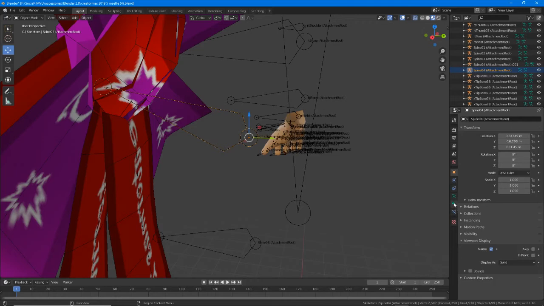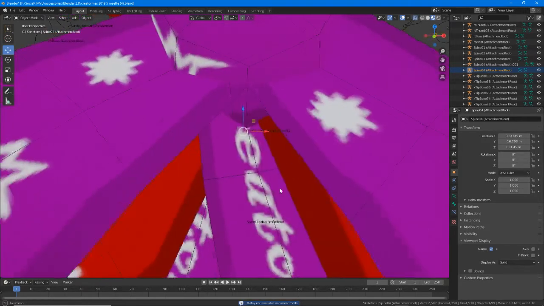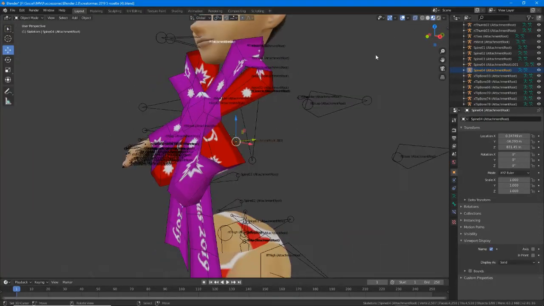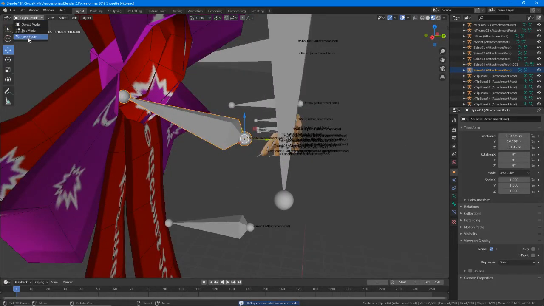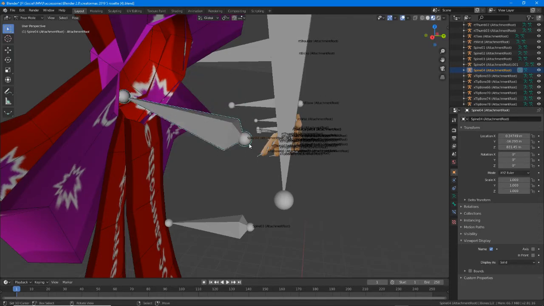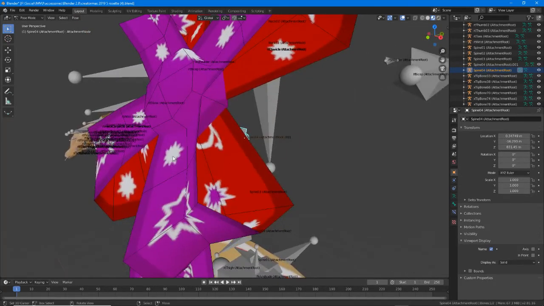Where is that? Oh, let's try disabling X-ray. There we go. Duh. Why does it make the bones go wireframe? That is bizarre. Okay, so we'll test this. Pose mode. That doesn't work. Let's select the other bone, if it'll let us. There we go. Nope, that doesn't work. So, if you do import your